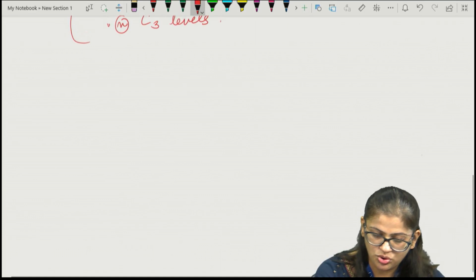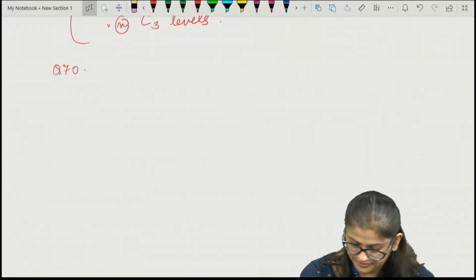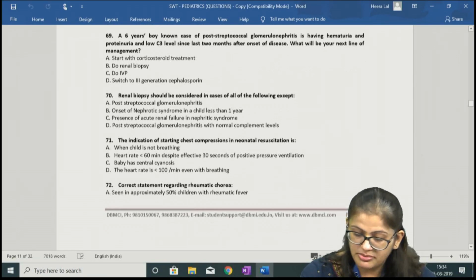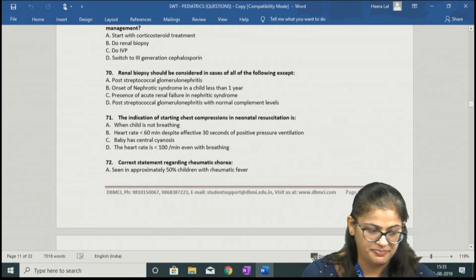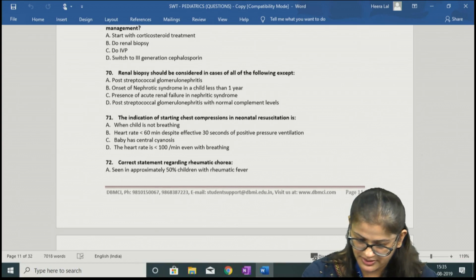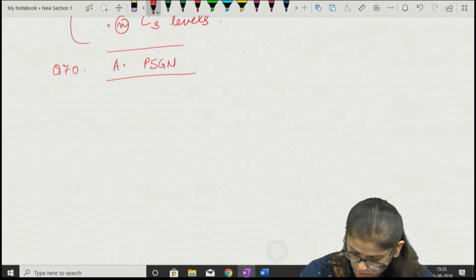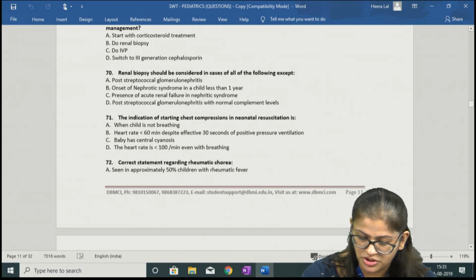So next we come on to question number 70. And question number 70 was, renal biopsy should be considered in cases of all of the following except. And the answer to this question is post-streptococcal glomerulonephritis. So option number A, PSGN, is the answer to this question, and why it is so, I will just tell you. So you see the other options in this question are onset of nephrotic syndrome in a child less than